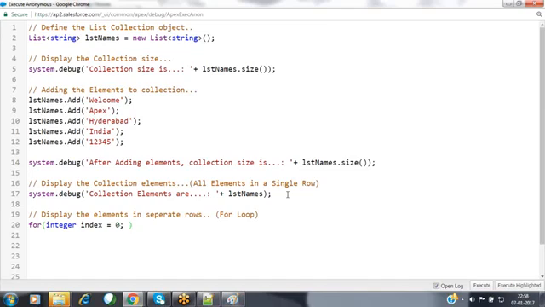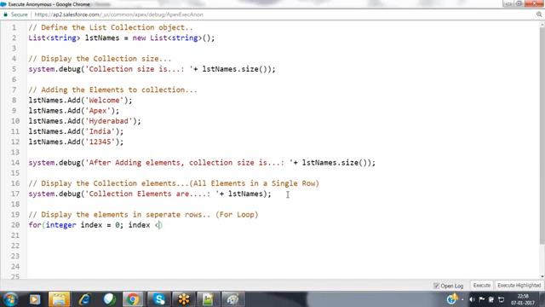In the normal for loop, the first part is the variable definition and the initialization. Now I'm defining that variable with the name index, which will be initialized with 0. Why am I initializing with 0? Because in a list collection, the elements start from index position 0. Every time it increments the value by 1, and then we have to verify the condition here.